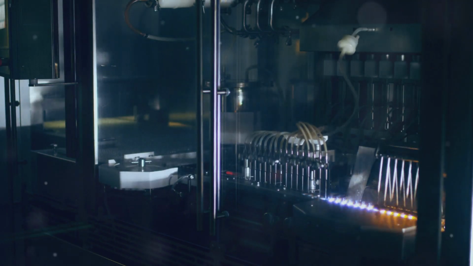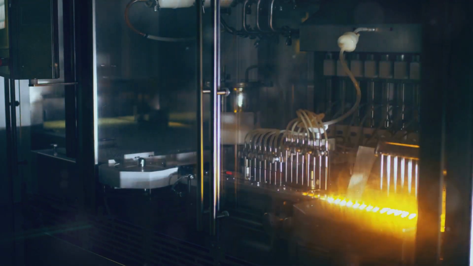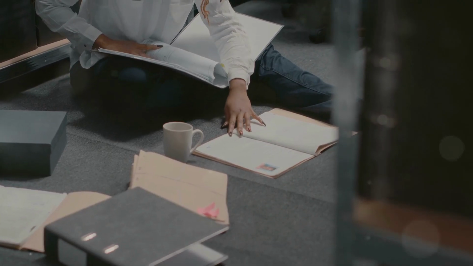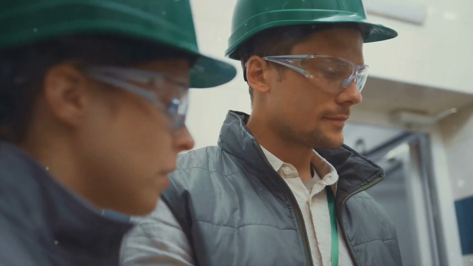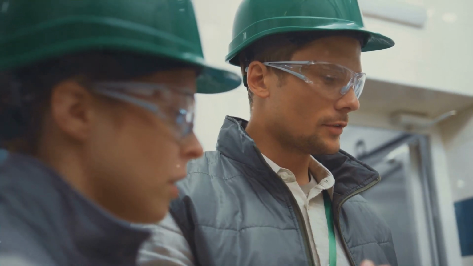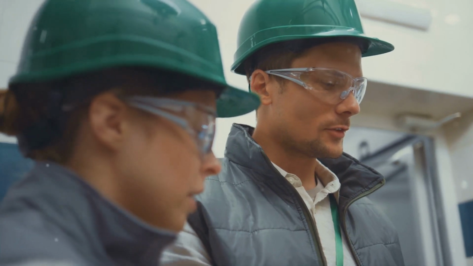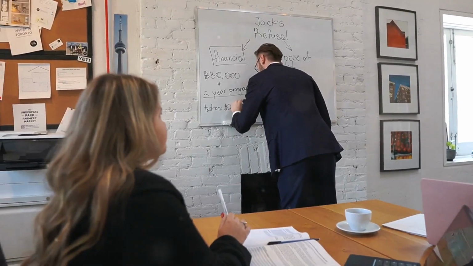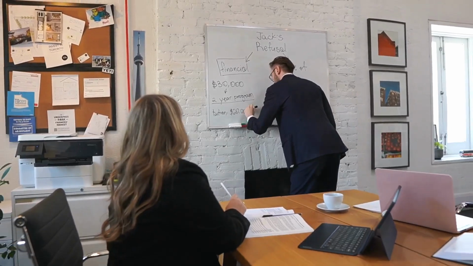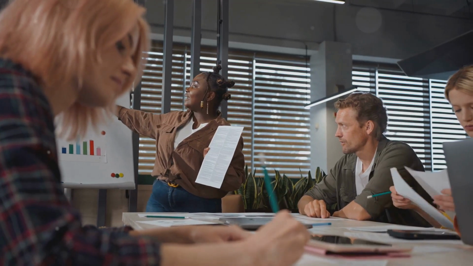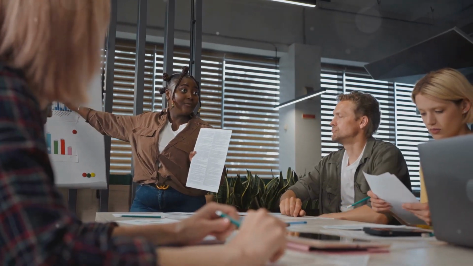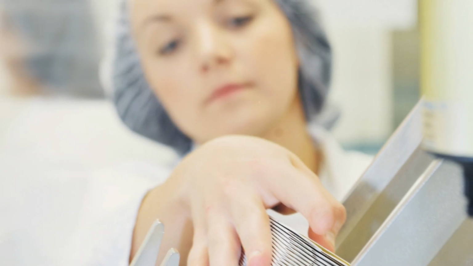Chapter 5. Auditing and continuous improvement in good industrial practices. Auditing is a critical component of good industrial practices. It involves a systematic review of operations to ensure compliance with GMP, GDP, and GLP standards. There are two main types of audits, internal and external. Internal audits are conducted by the organization itself to identify areas for improvement, while external audits are performed by regulatory